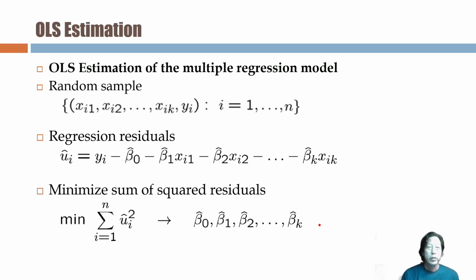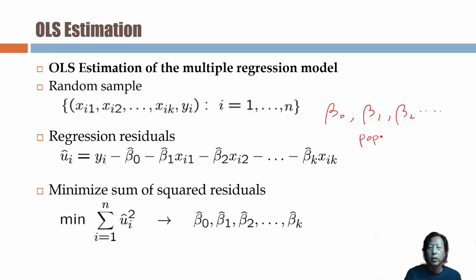Ordinary least squares estimator. So we will use our same ordinary least squares estimator, OLS estimation. We will choose a random sample again because we cannot find the population regression model. So we will use a sample, and then using the sample we will find the regression model. That's why we have the hats, and here the beta 0, beta 1, beta 2,